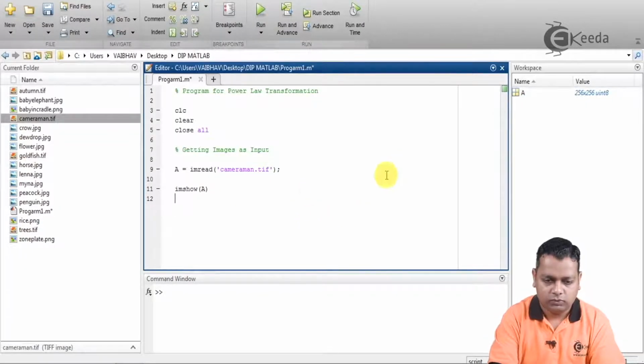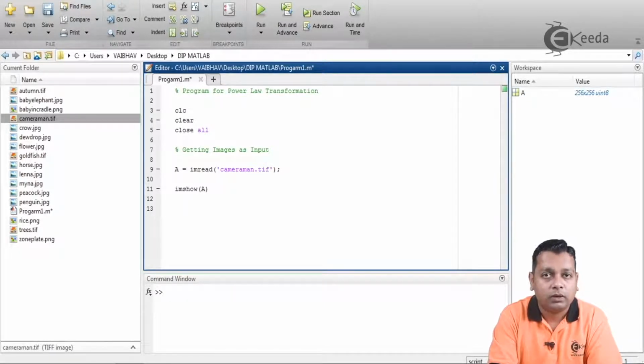So now we have the formulation for power law transformation. The output image is represented by g of m n if the input image is f of m n, so that f of m n on the right-hand side will have a power represented by gamma, and gamma can hold integer values as well as fraction values.